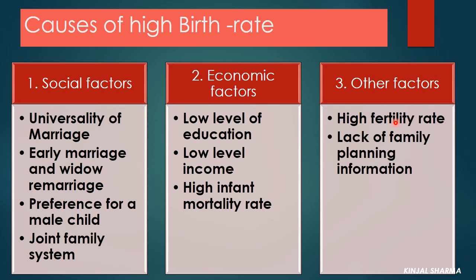In 1961, the average woman in this age group gave birth to 6 children, which decreased to 3 in year 2011. Still, this is considered to be high, and two reasons can be given for this high fertility rate. First one is early marriage. So early marriage leads to a longer fertility period, we can say.